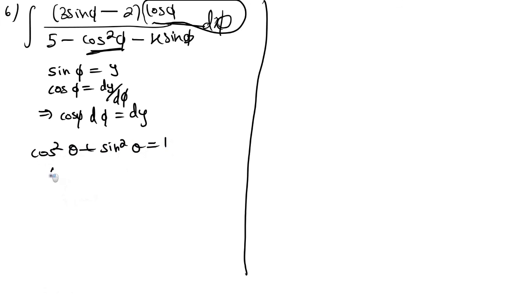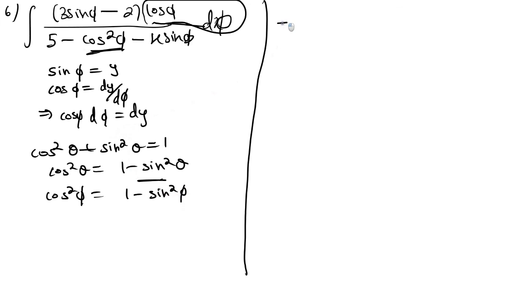Then what is the value of cos square theta? Cos square theta is equal to 1 minus sin square theta. So cos square pi, you can write it as 1 minus sin square pi. Now substitute: it is equal to the integration of 3 into sin pi, you took it as y, minus 2 divided by 5 minus, see, cos square pi is nothing but 1 minus sin square pi, that is